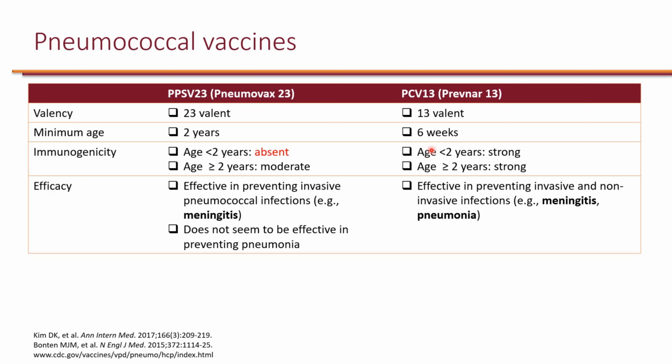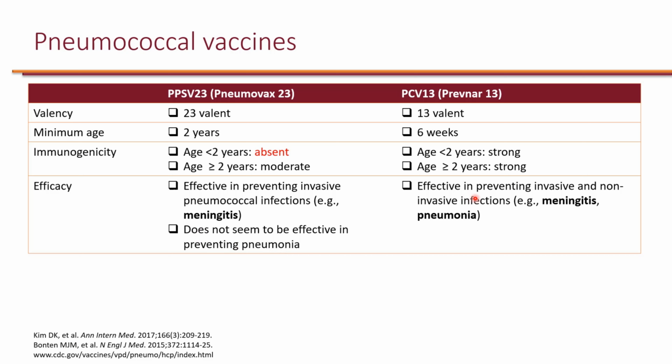So let's compare the efficacy. The pneumococcal polysaccharide vaccine is essentially effective in preventing invasive pneumococcal infection. When we say invasive, think of meningitis, so essentially infection in the brain. And unfortunately, it does not seem to be effective in preventing pneumonia. None of the studies that evaluated polysaccharide has shown efficacy for preventing pneumonia. Whereas